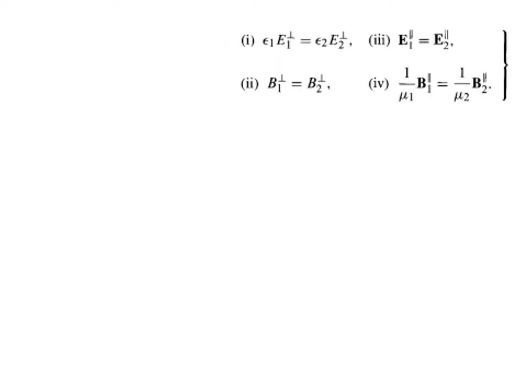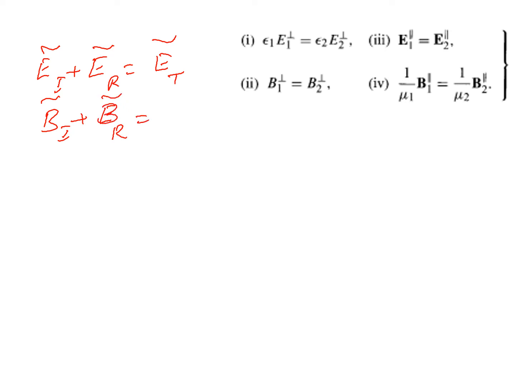Now we know that at the boundary, the fields must be continuous by applying the boundary conditions. So that shows that E_I complex plus E_R complex must be equal to E_T complex. And also the magnetic field components must be continuous. So that is B_R complex equal to B_T complex. So in a general form, we can write this as